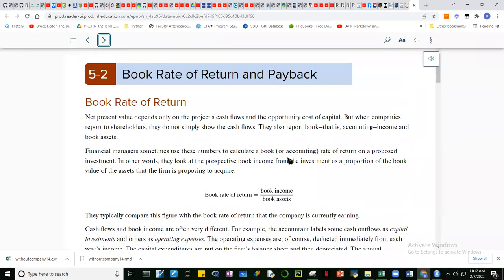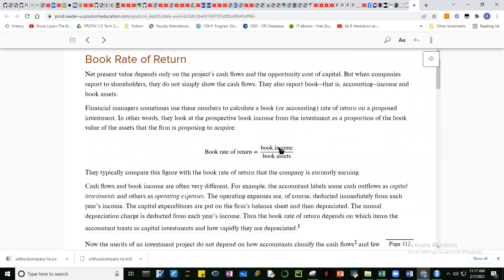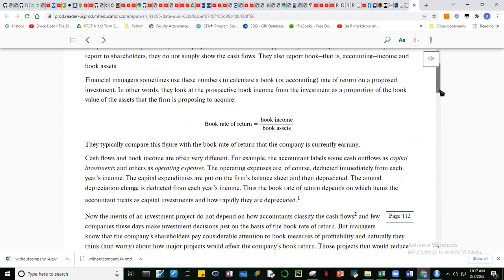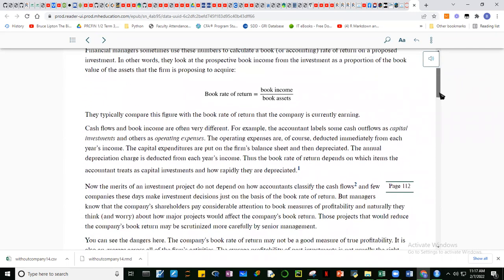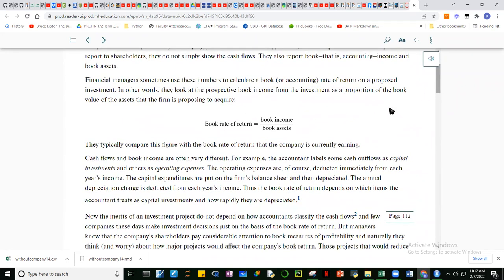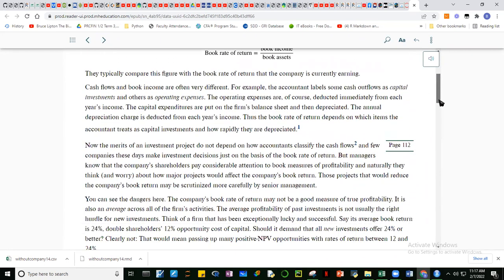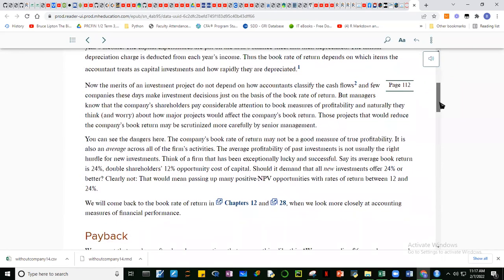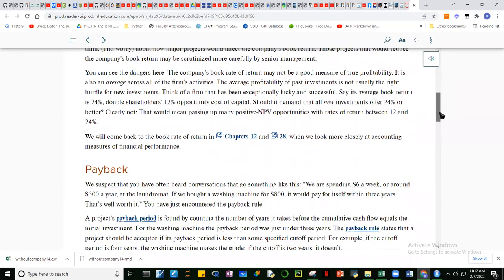Okay, so may iba pang measures, guys. Isa yung accounting rate of return, okay, which is not so much used kasi this violates the time value of money principle. So ang ginagamit lang dito yung net income divided by yung assets na ginamit, no? So it's not so much used, but this is just the formula. And sabi natin ang weakness nito, it does not consider the time value of money.